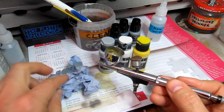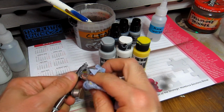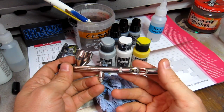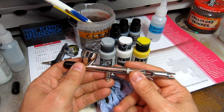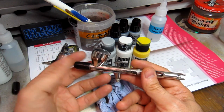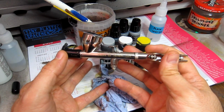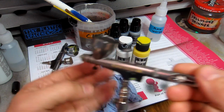Personally, I'm just going to clean this while I talk. I think you could do a lot worse than having a 105 with the standard needle in it. Again, it's a 0.4. Use this for priming and basing, and especially metallics. Earlier in the video I went down to less than 10 psi, and you can get really good detail work with this as long as you keep the tip clean. And then with the Extreme,